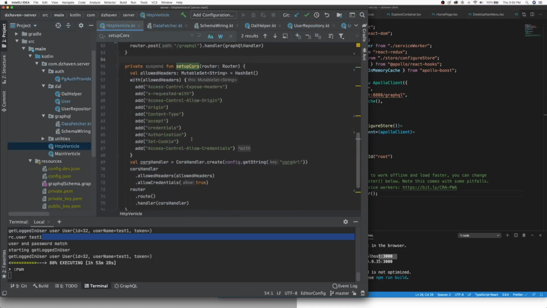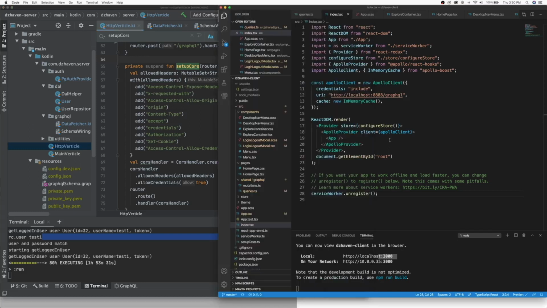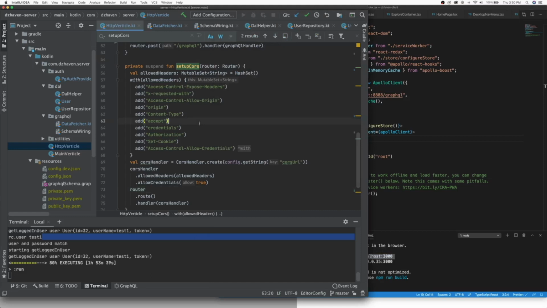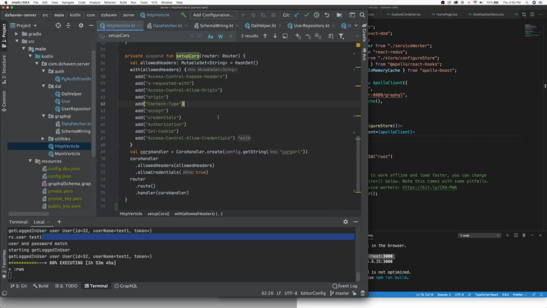So as I said before, I have, for development purposes, React running on port 3000, and then I have the service running on port 8888. So I need CORS for everything to work. Now this was a serious pain in the butt, and I'll show you more of why later. But one of the issues is you have to send this as a header in your response. So, or else it doesn't work, because you also need to send